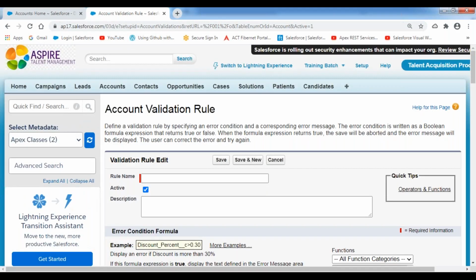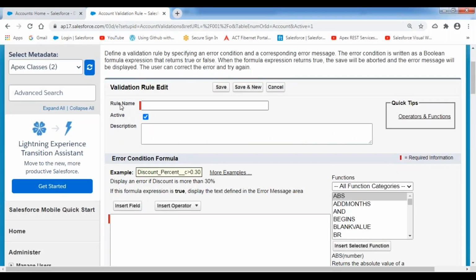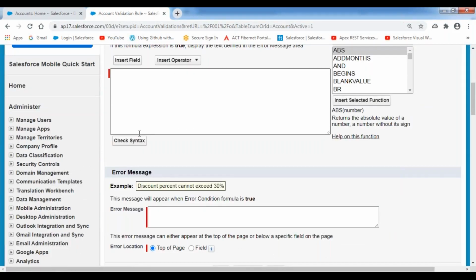Upon clicking this new button, it provides a user interface used to specify the details of the validation rule which you would like to create. I want to create a validation rule right now. So what is the name of this validation rule? I want to specify the validation rule label, the name, and the description. Select the active checkbox; by default, it is selected. Enter the validation condition over here and then check the syntax of that condition, because while writing these conditions you may make some mistakes, so we can check the syntax by using the check syntax button.